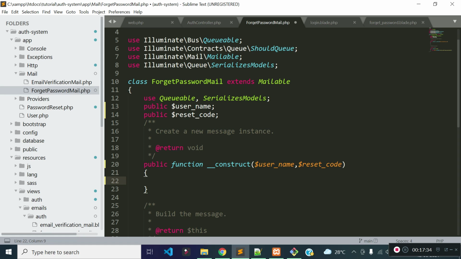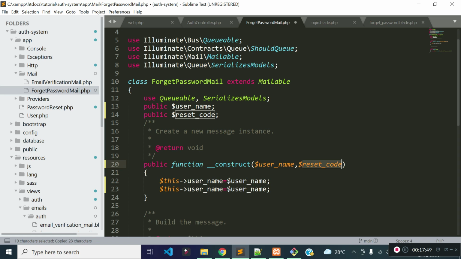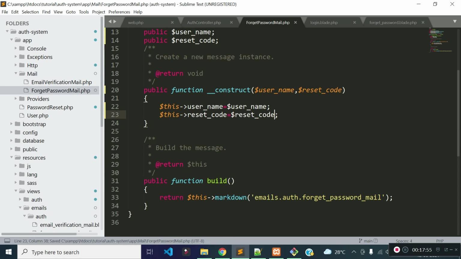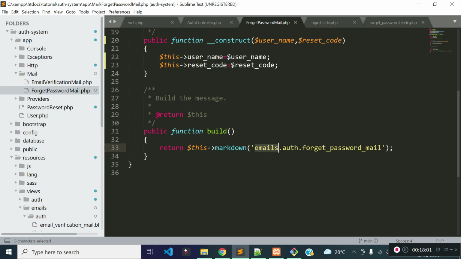Now I will assign these two values to the public properties. So let's write this->username is equal to $username, and then this->resetCode is equal to $resetCode. And I will pass these two values to the view file, the email body. This is actually the email body view file, right?